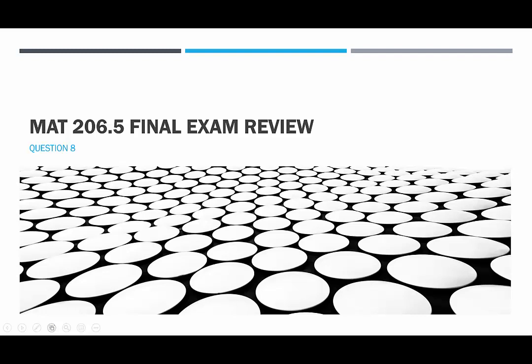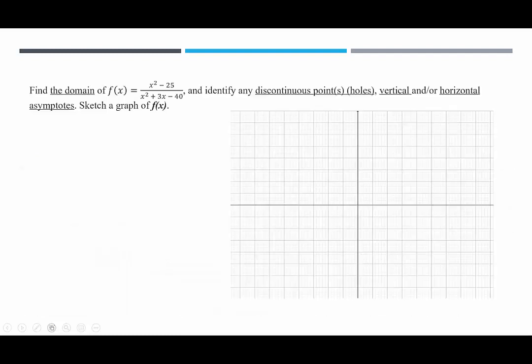In this video, we are going to look at question 8 of the Math 2 6.5 Final Exam Review. In question 8, we're asked to sketch a graph of a rational function. To help us, we're going to find the domain, any discontinuous points, vertical and horizontal asymptotes, and then we're going to sketch that graph. Okay, so starting with the domain,